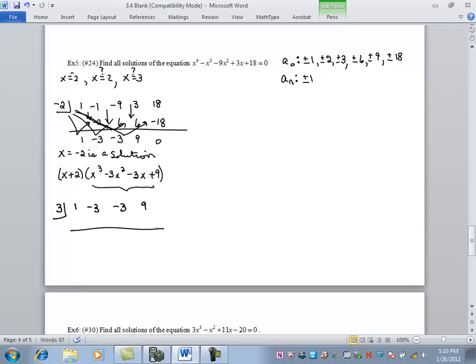And here we go once again. We're going to add down. This is 1. Multiply on the v. This is 3. Add down. This is 0. Multiply on the v. That's 0. Add down. And multiply on the v. Hey, what do you know? This is getting pretty exciting. So x equals 3 is a solution,